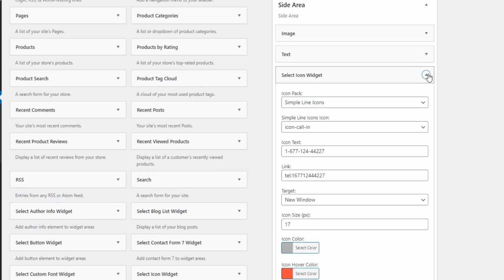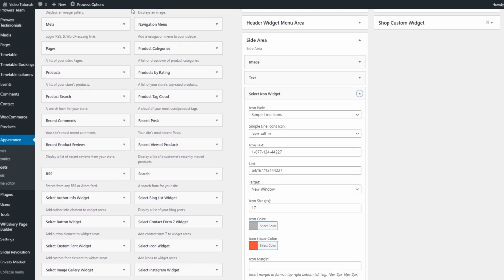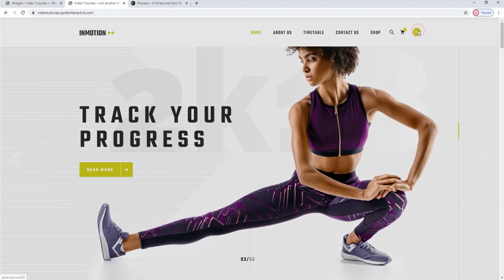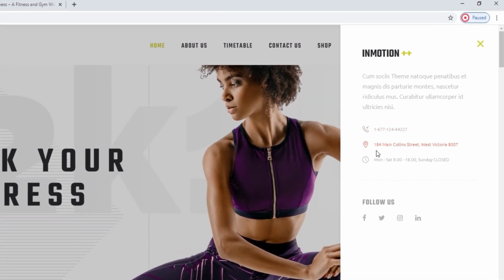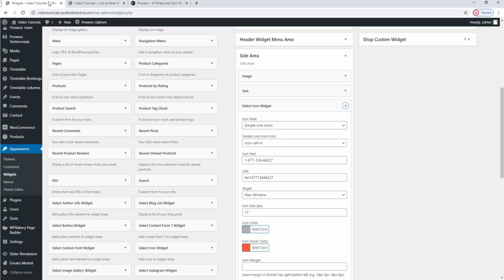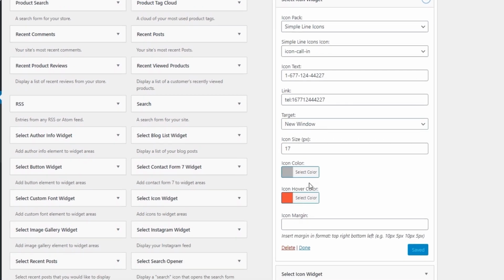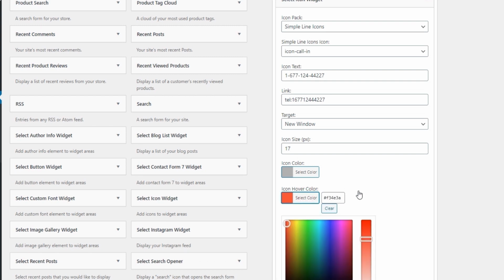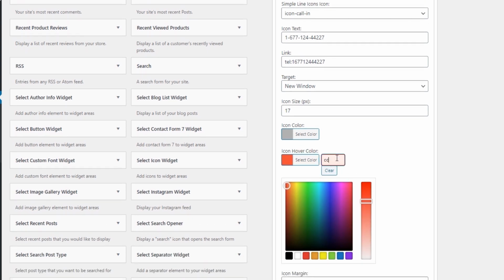Then you can edit social icons widgets. Here's how they look on our live site. You can still see the default theme color as we hover over those icons, so let's make a few edits there. You can change the color manually or enter the hex code for the exact color you want. Since you have to repeat the process for each icon, there is one way to make things quicker and easier.